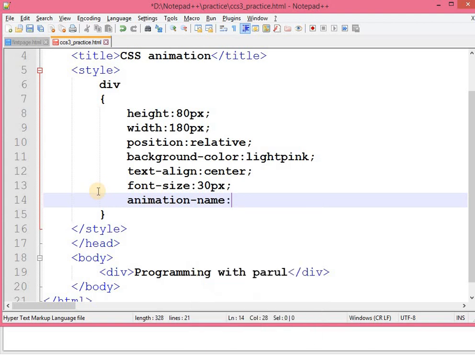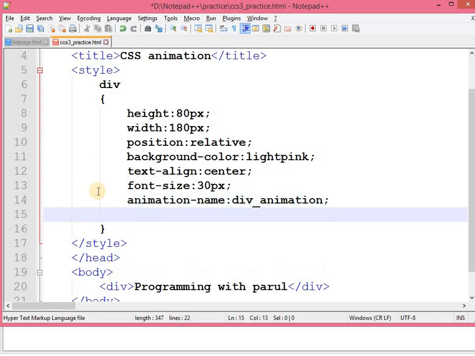This is our first property, and let me set it to div animation. This is the name of my animation that I want to apply for the div tag. Okay, and for how much time I want it to complete, the property is animation duration. Let me take it as 4 seconds.